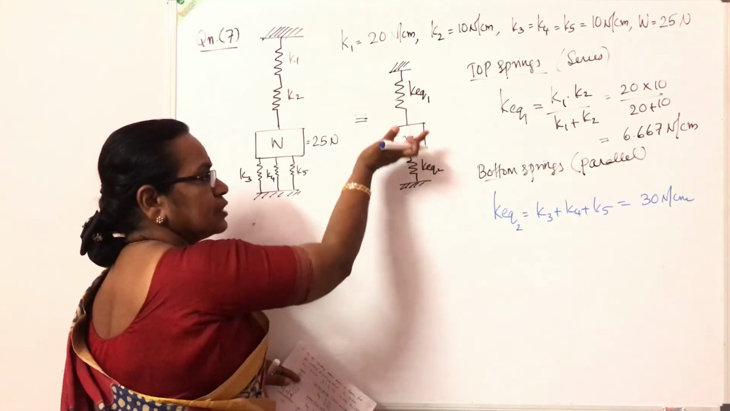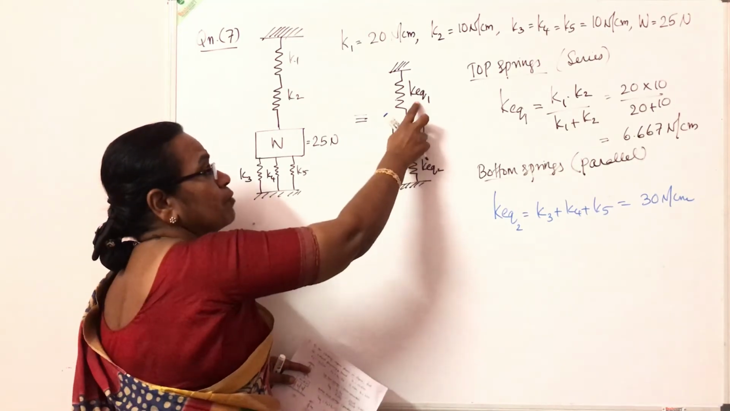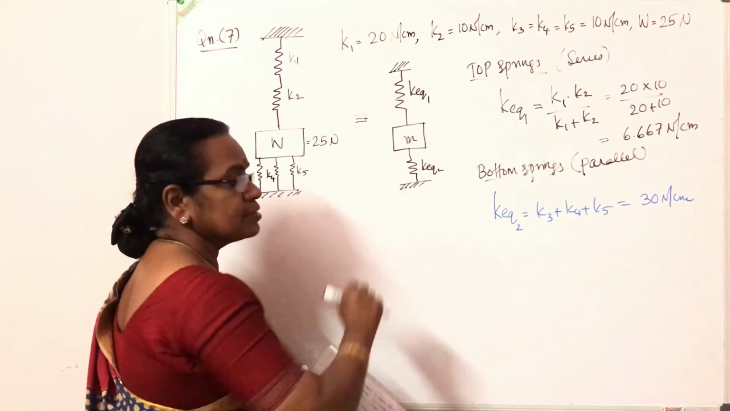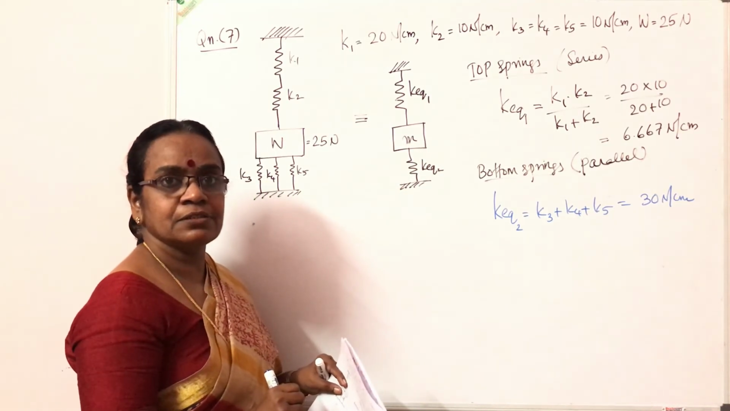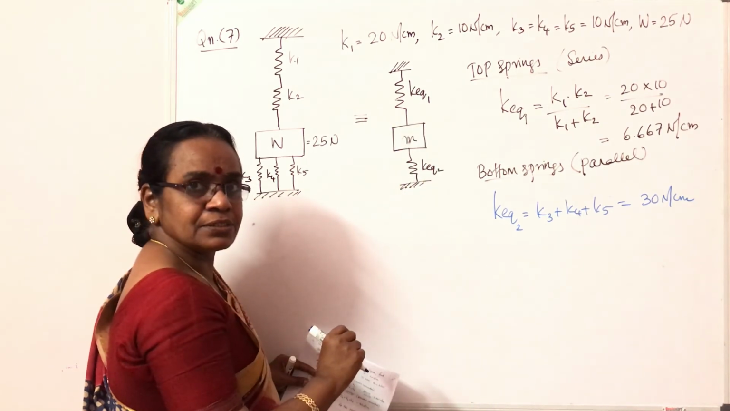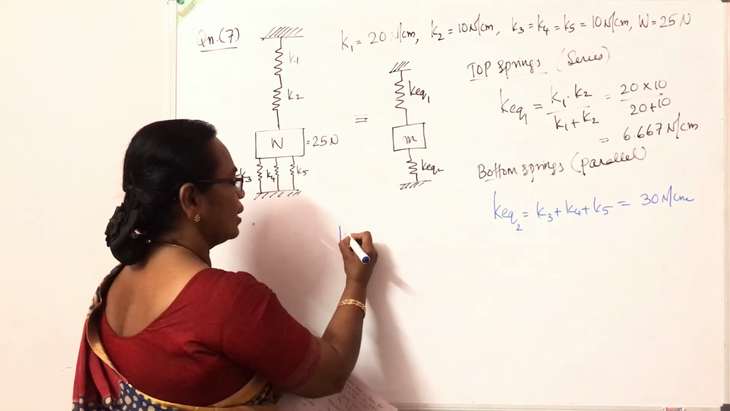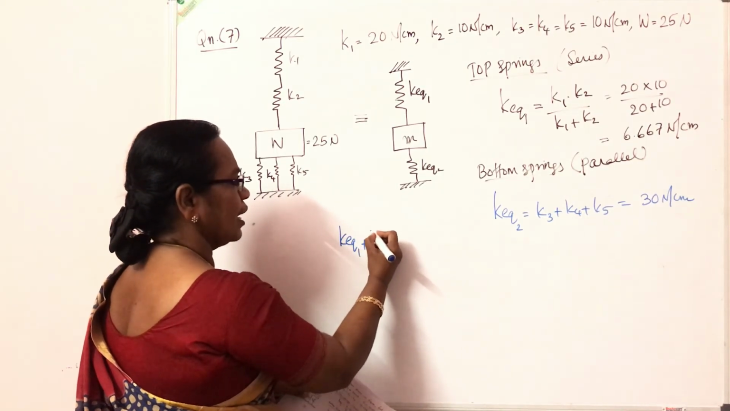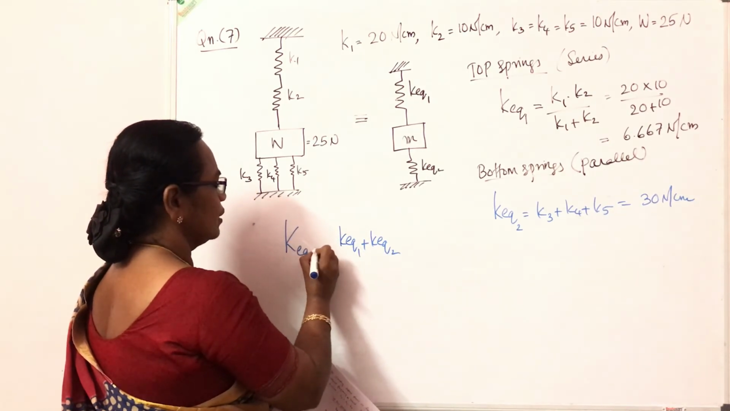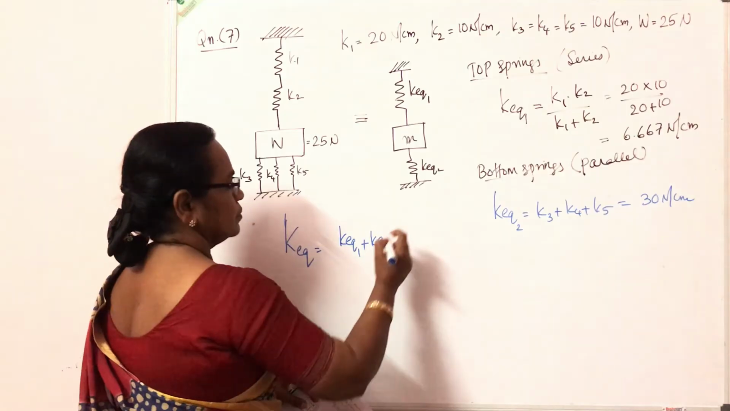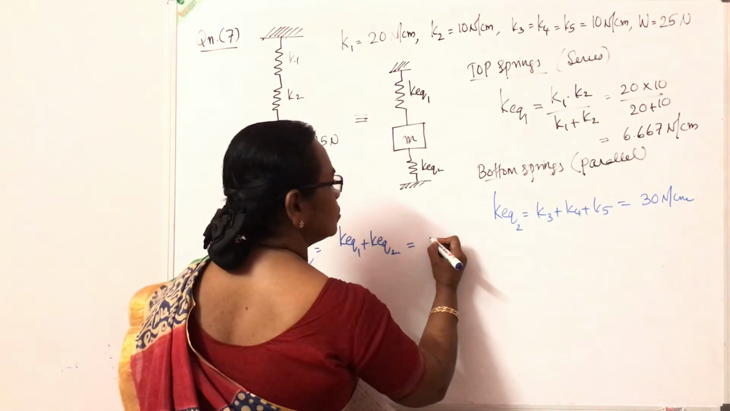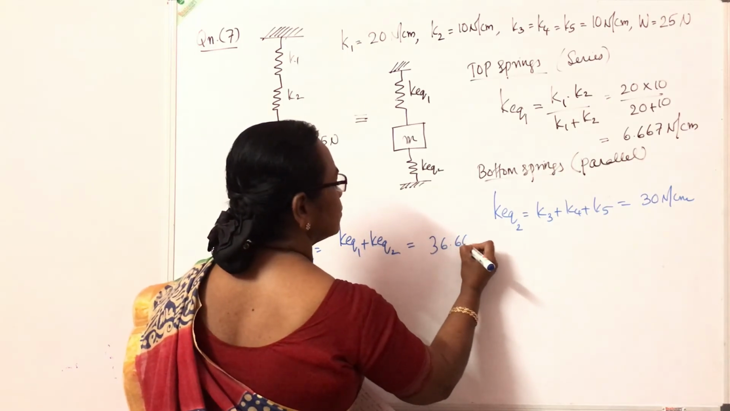Now coming to the system. If the mass undergoes certain displacement, the amount by which this spring gets extended will be the same as the amount by which the bottom spring gets compressed. So both of these undergo the same amount of displacement, or we can say K equivalent 1 and K equivalent 2 are in parallel connection. So the K equivalent for the system is equal to K equivalent 1 plus K equivalent 2. So it works out to 36.667